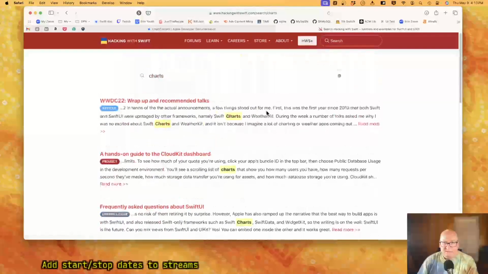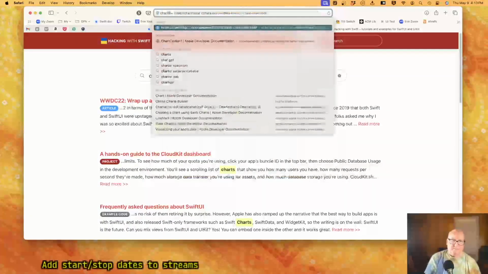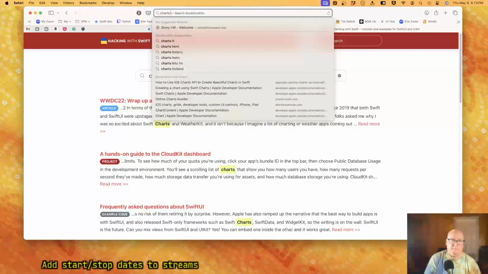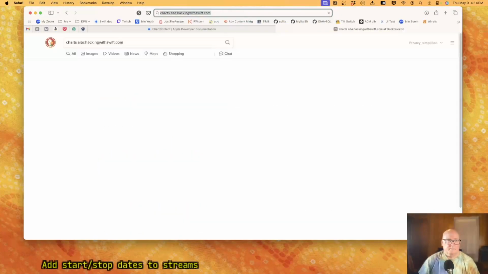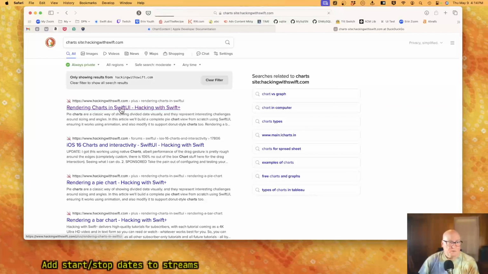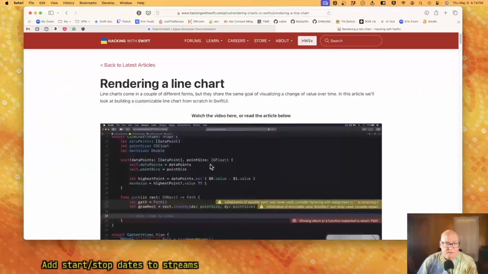That seems... Rendering charts, yeah, that's rendering a line chart.